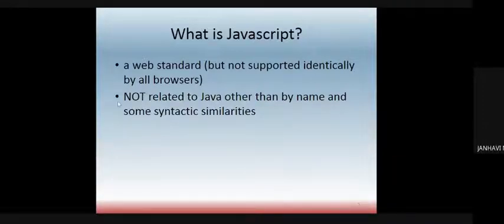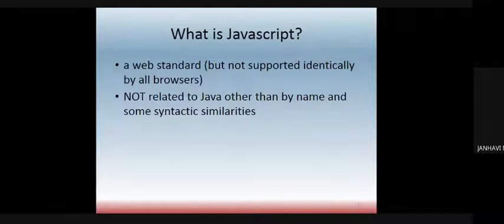The most important thing: sometimes when you have identical names, you tend to relate both things. When I say JavaScript and when I say Java, most of you must have heard the term Java language. Because the names have an identical part, they are mistaken to be the same. But to clear this out, JavaScript is not related to Java.